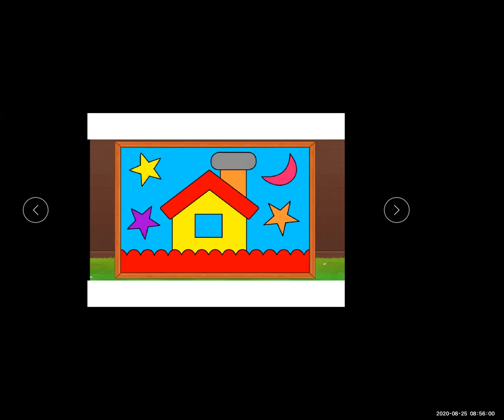3 stars are there. And see here, in this picture, vertical lines are used. Here one square is used. Again, slanting line is also used to make a house. See, the curve shape is also used here. Here straight line is used. Here also curve shape is used. So all shapes are used to draw a picture. Now I will show you how to draw picture. Okay.